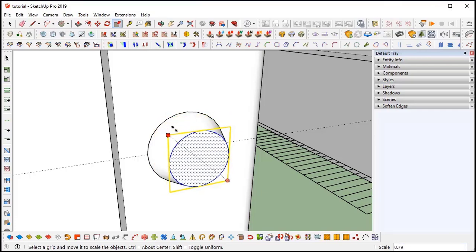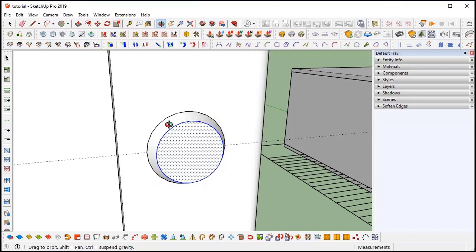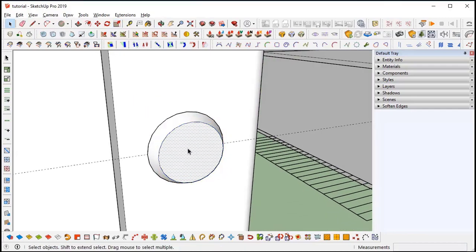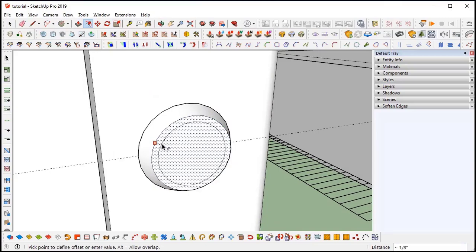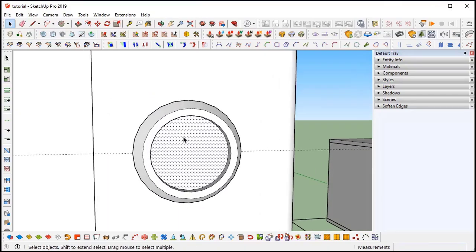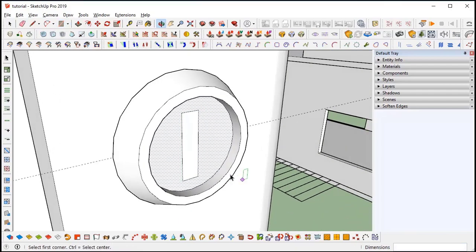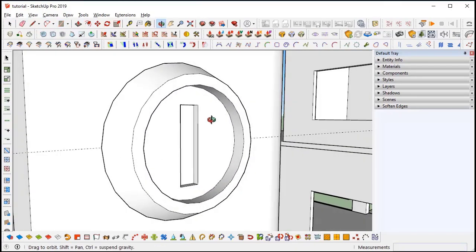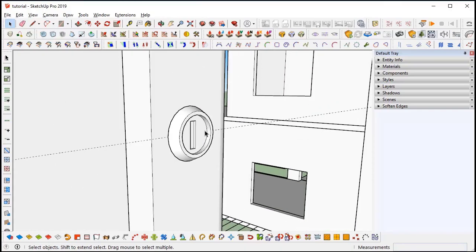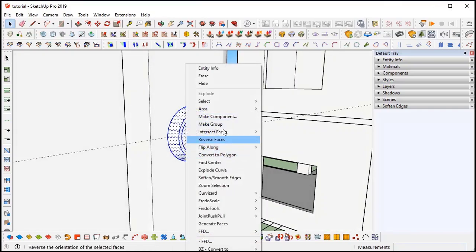to make it a taper one. While selecting the box, you need to hold Control to make it equal on both sides. Just eyeball it, an approximate. And I will use the offset and push pull it a little. And I will use a rectangle command, keyhole, push pull. There you will see it's like a keyhole. Duplicate and make it a group.